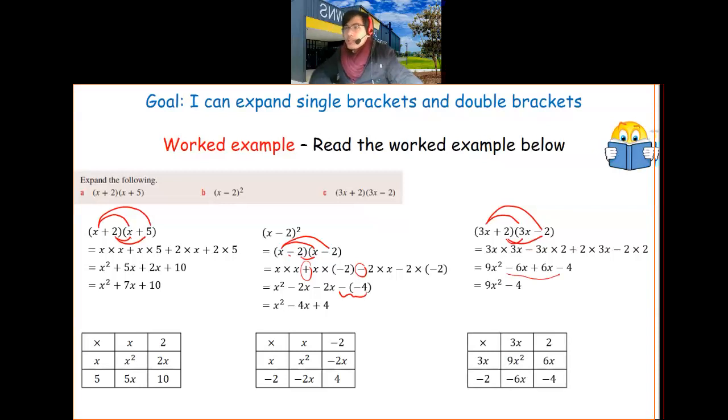So this is how you would expand double brackets. I know that this one is a bit harder than the one that we've done with the single brackets. So take it easy, follow the steps, okay? And I promise that you'll be able to do it. If you have any questions, just let me know. Email me, or put it in the chat there, and I'll explain everything again.